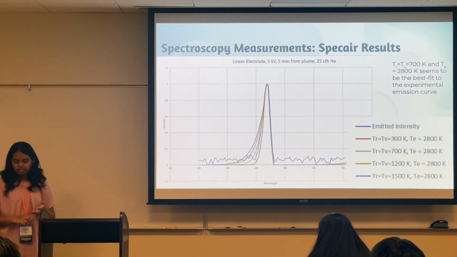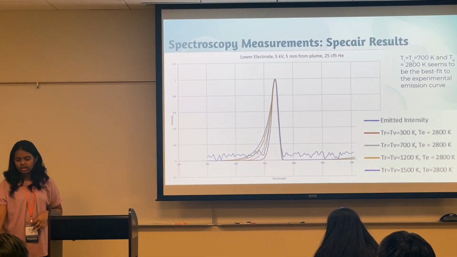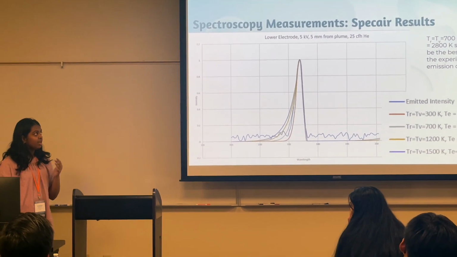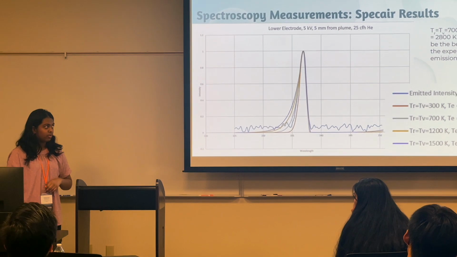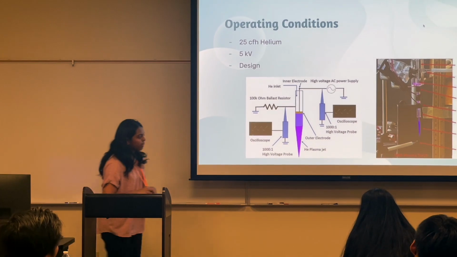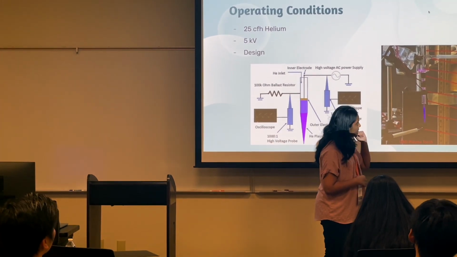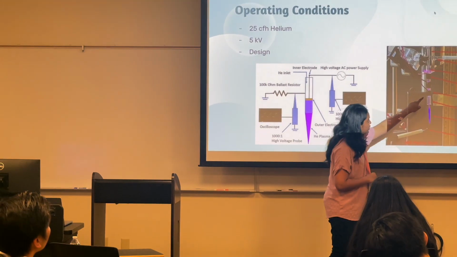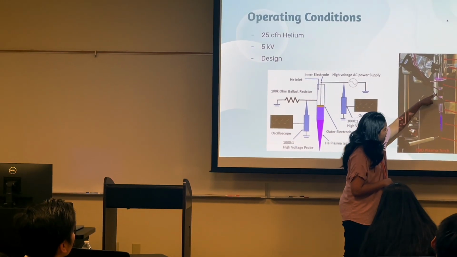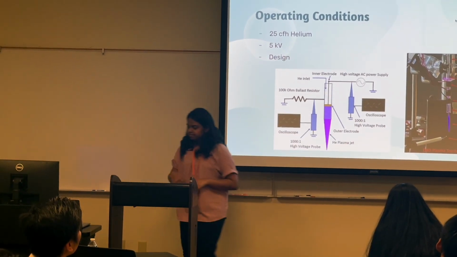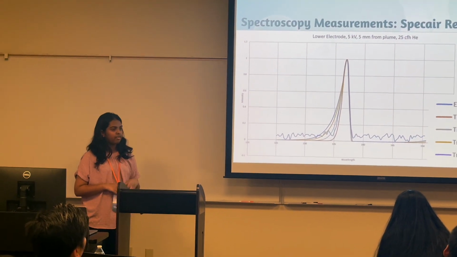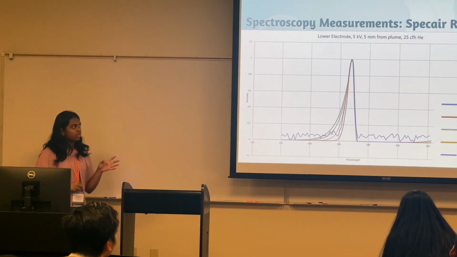So I'm going to show you 4 different conditions. This one is the lower electrode, 5 kilovolts, 5 millimeters from the plasma jet exit, and 25 cubic feet per hour of helium inputted. So what that means is that, for example, over here, we're connecting the voltage into the lower electrode to generate the plasma. And if I said upper electrode, that would be like over here in the upper electrode. Okay. So over here, for the lower electrode at 5 millimeters from the plasma jet exit, we found that 700